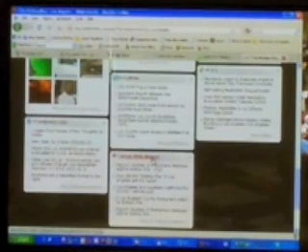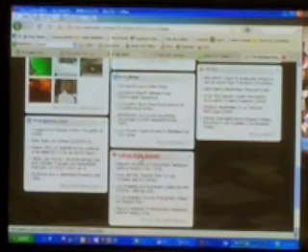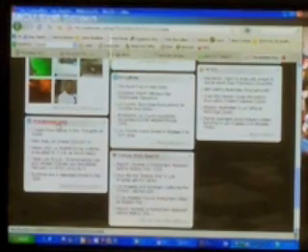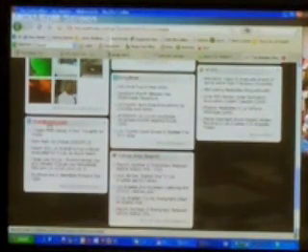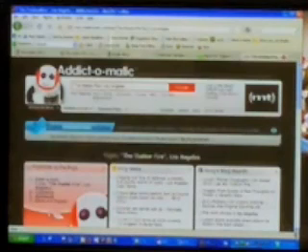Yahoo's web search feature, and you can click on any of these, and it'll open up to the main page of each of these products. WordPress is another blog that's out there, and that's probably one of the largest growing blog sites.